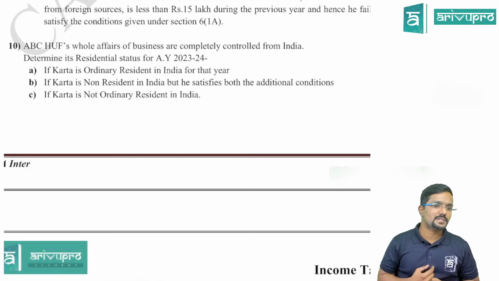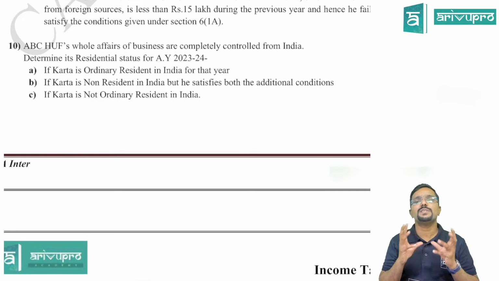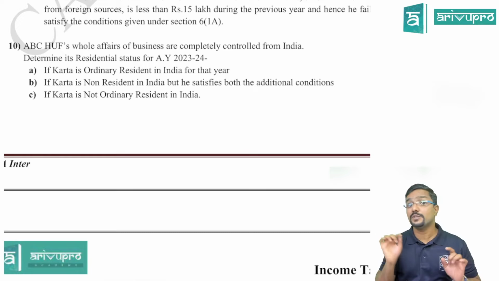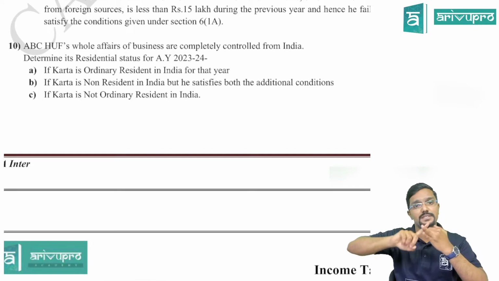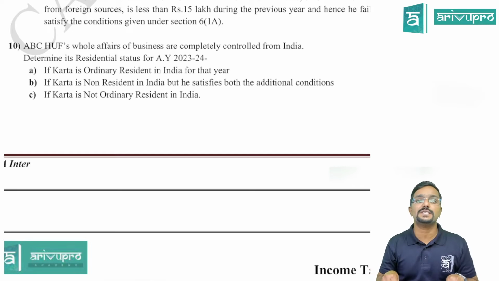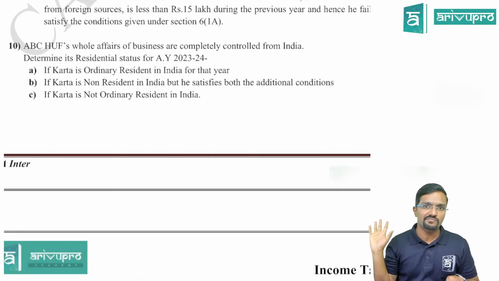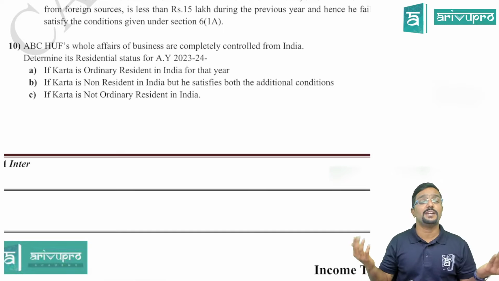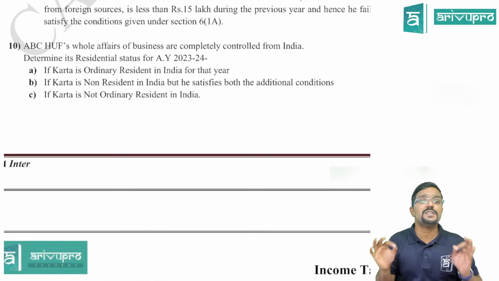Yes, Sanskar. Sir, if the decision and management is outside India, but it has a place of business in India, that doesn't matter, sir. That is what they are told. Where the business is carried on, where the profits are earned, where the income is earned, we are not seeing here to decide residential status. To check the taxability, we will see all those things, where income is earned, where it is received and all. But now to decide the residential status, we are only focusing on where the decisions are taken. That's all. Business might be carried on in India or outside India. Income might be earned in India or outside India. Income might be received in India or outside India. For section 6, we are not concerned about that.